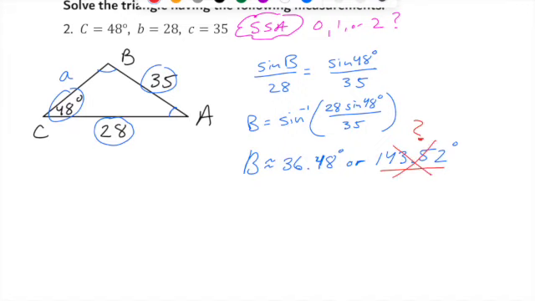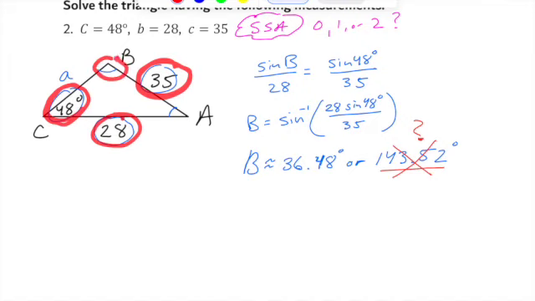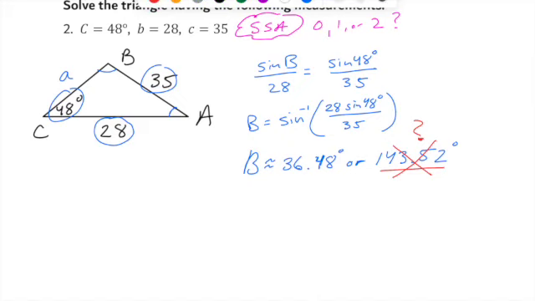And the other way to think about that, these are all like little geometry properties and trig properties. You know, the more you know, the better, I guess, is that when you look at this original triangle, this side is bigger than this side. So we knew that angle C has to be bigger than angle B. And when that's the case, that means that second possibility, that obtuse possibility, couldn't possibly be an answer, because it's got to be less than 48 degrees. That's what we know. Okay, so we did get one answer here, 36.48